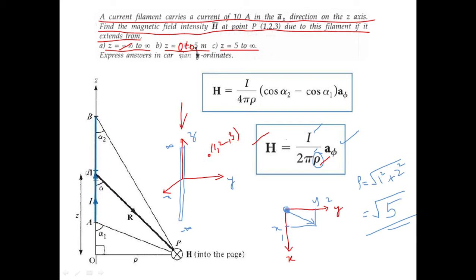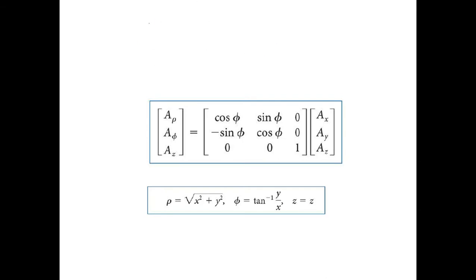What is H vector? H vector will be in the form of a phi. But here what they have told, you have to express the answer in Cartesian coordinate system. But whatever we have found here is in cylindrical coordinate system, right? So once you get this H vector has only one term, that is a phi, you have to use this formula. Sorry, you have to use the other one. You have to use the transpose of this one, where you have ax, ay and az. You have one more formula, you can check this, you can find the transpose of this, or else we have ax, ay and az